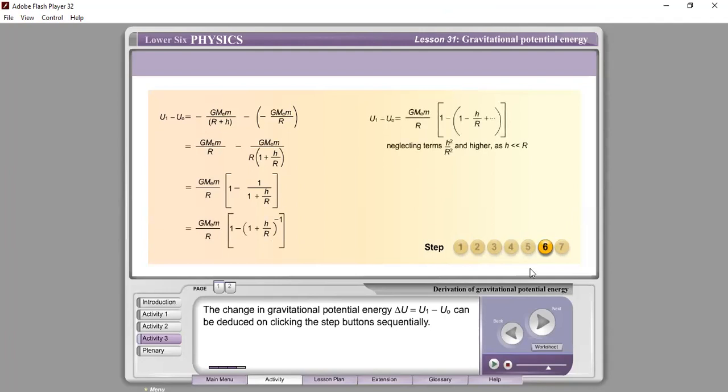U1 minus U0 equals GM over R times 1 minus (1 minus h over R